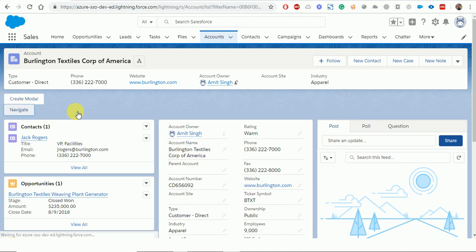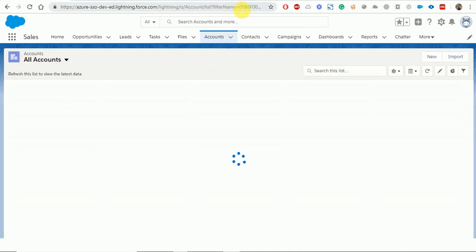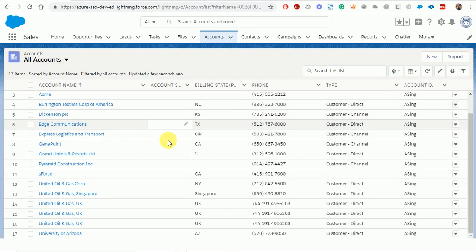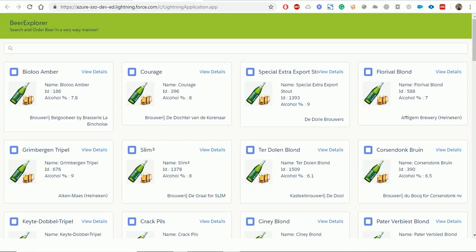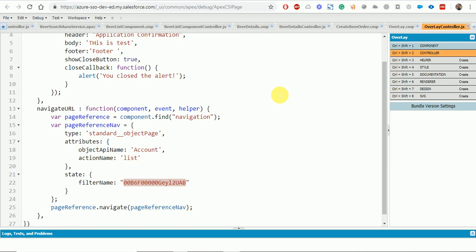Now here, click on navigate. You can see the filter name has been changed to All Accounts. So this is how we can work with Lightning navigation to navigate to different components. Let's say that now if you wanted to navigate to the beer details component, for example,